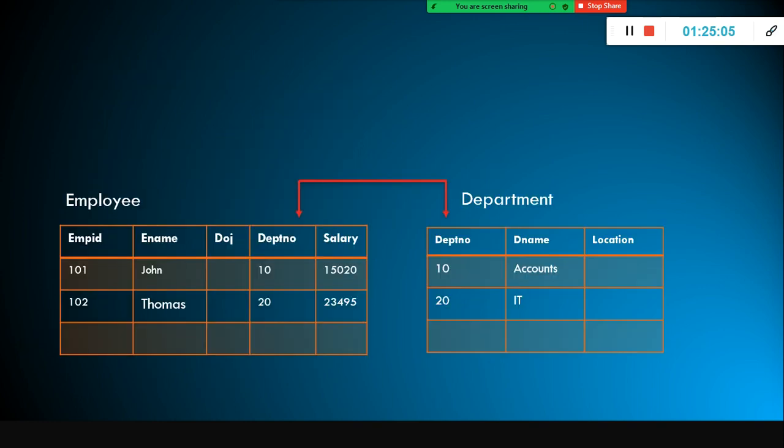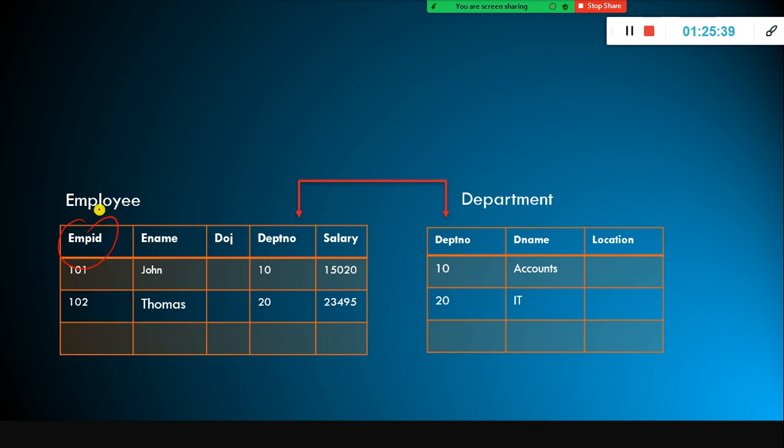And what is the primary key and foreign key constraint? What is the primary key? Take this example. You have an employee table and a department table. For this table, employee ID is the primary key. That means this column should have values in it and it should not have duplicate values. For example, if I say 101 again for another employee, it is not accepted. You cannot leave a blank here. No blank, no duplicate values. That is what primary key means.